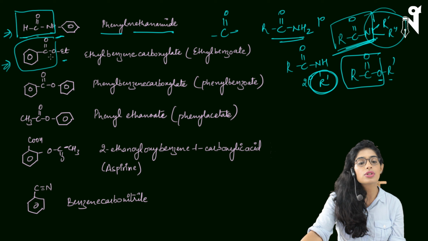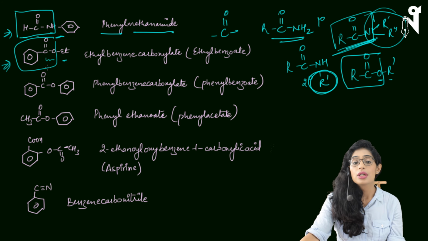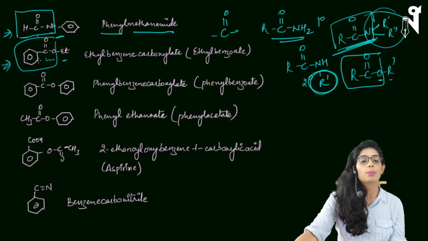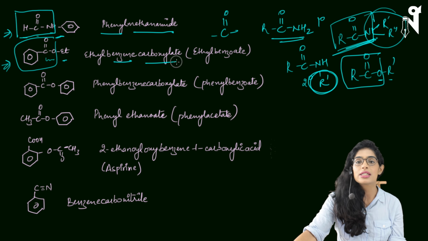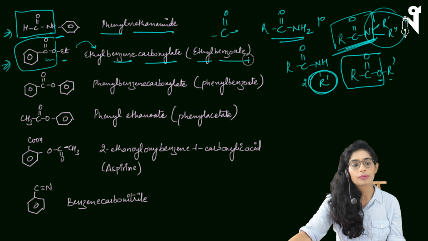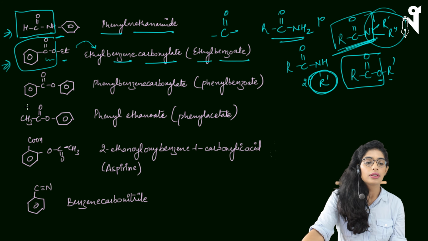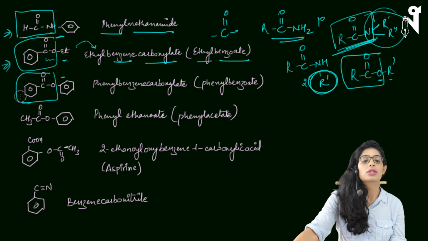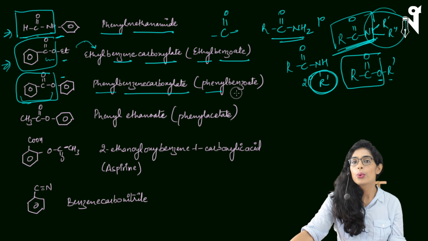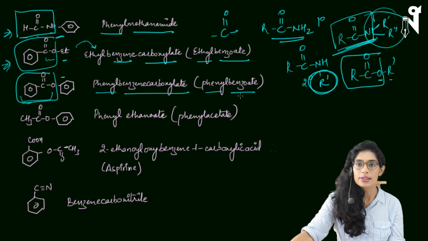We have a special name for COO, that is carboxylate. We will be using that special name because benzene is a cyclic chain. So benzene carboxylate is the name of benzene COO, whereas ethyl will be acting as a branch. So ethyl benzene carboxylate. We also call it ethyl benzoate. Here, this is my main chain. This is acting as a branch. So this will be phenyl and this will be benzene carboxylate. So phenyl benzene carboxylate, we also write it as phenyl benzoate. Oate is the suffix which we use for esters.